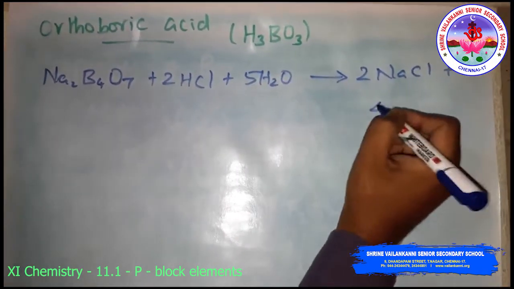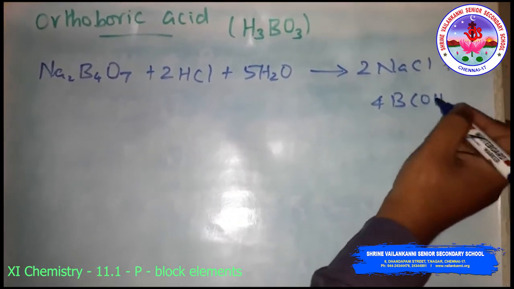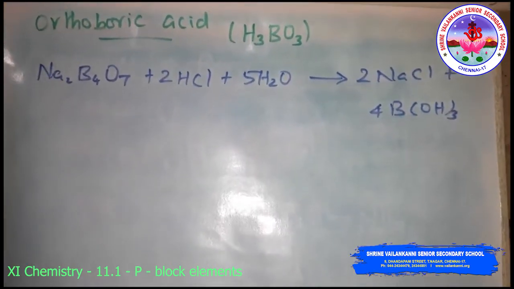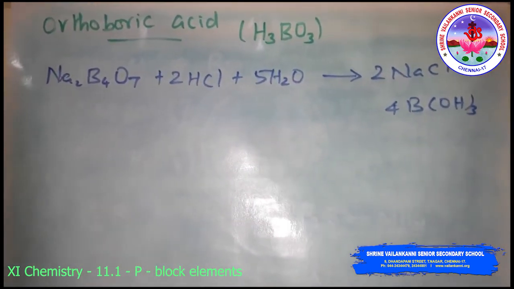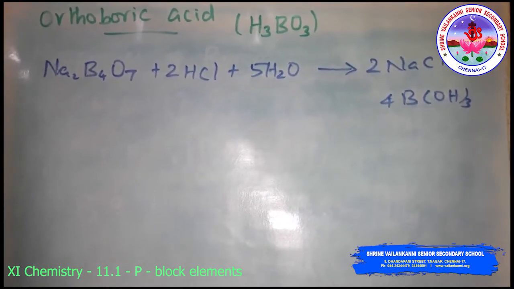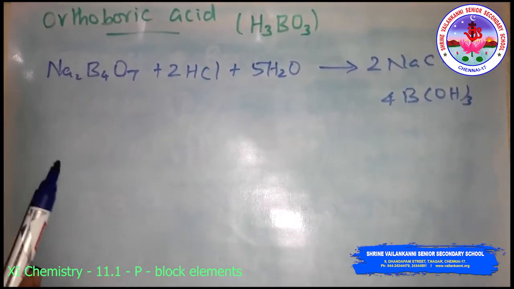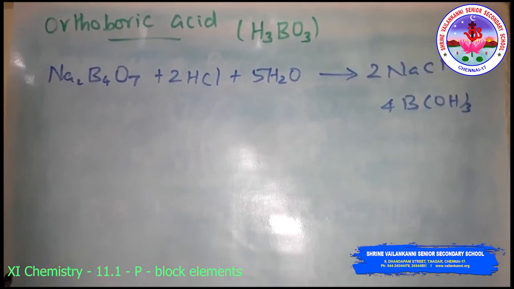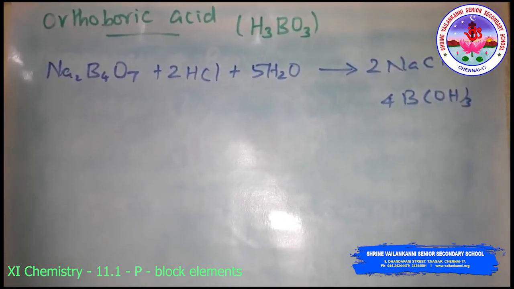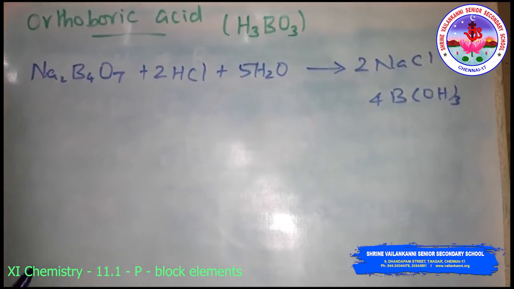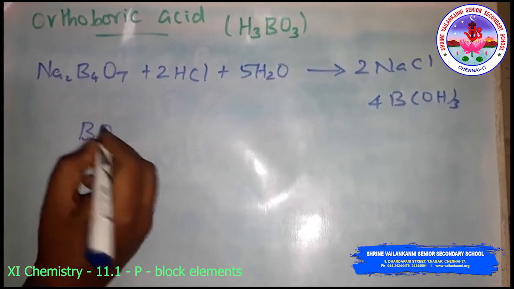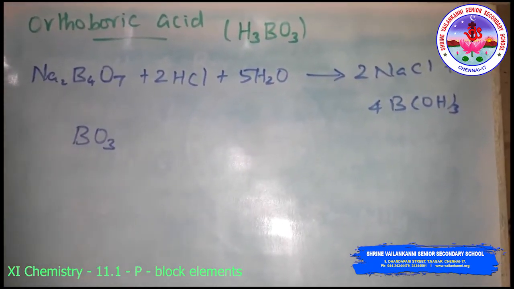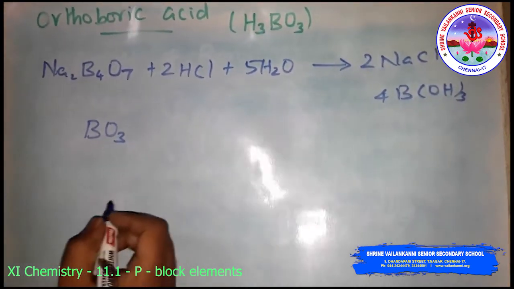The orthoboric acid formula is B(OH)3, that is H3BO3. It is also formed by the hydrolysis of most boron compounds. It has a layer structure with planar BO3 units, that is, boron-oxygen units joined by hydrogen bonds. So usually the structure will be